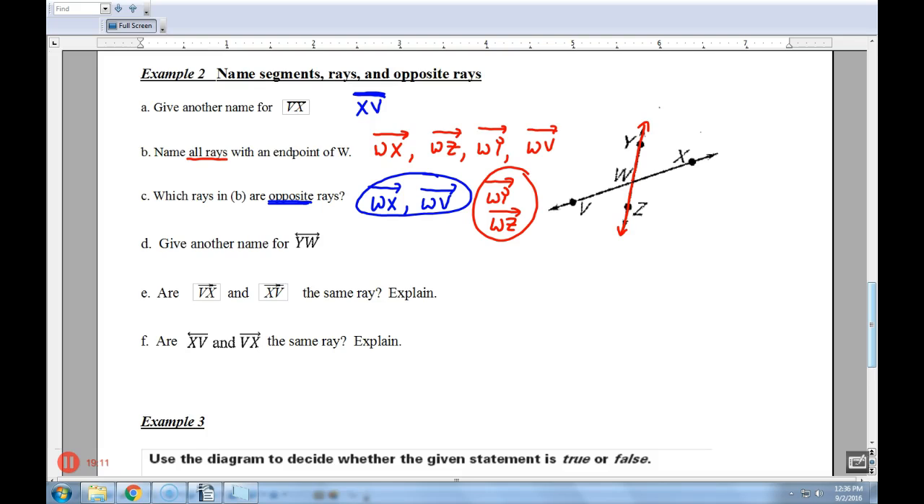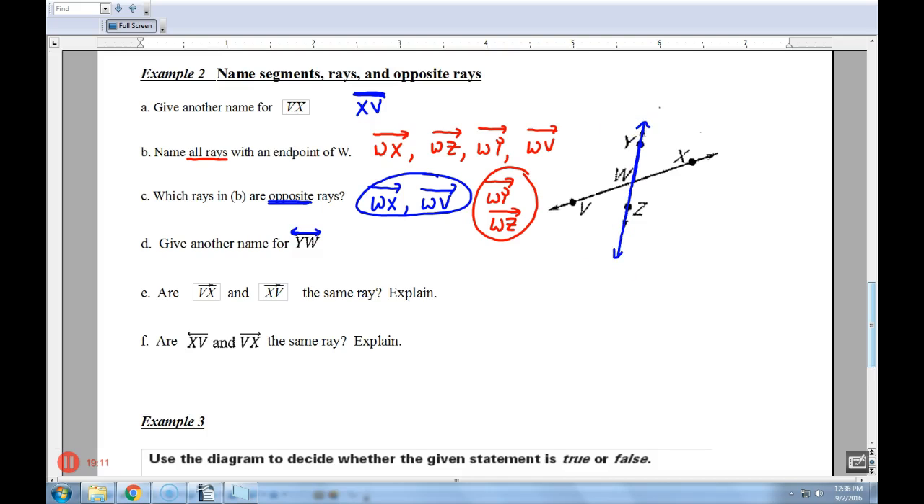Alright, part D. Give another name for the line, and how I know it's a line is because I'm looking at this up above and it's got the arrows. So give another name for line YW. Well, line YW isn't just this little piece right here, but it's a line, so it goes forever. So that's line